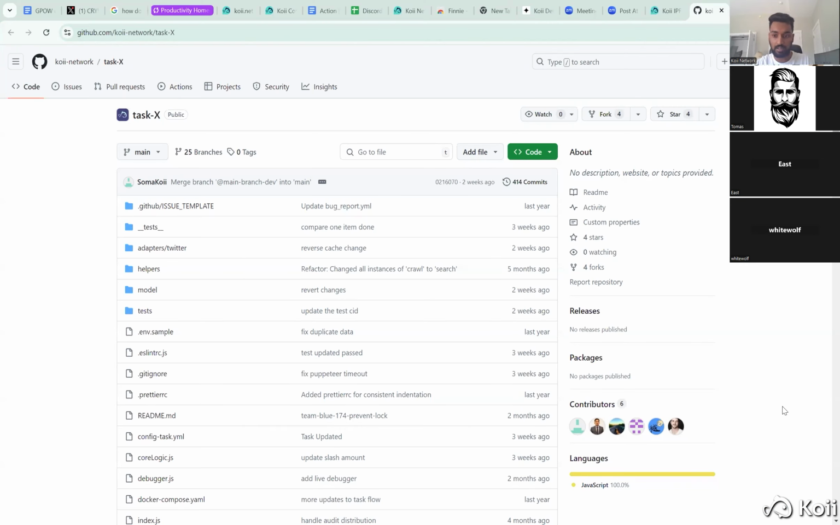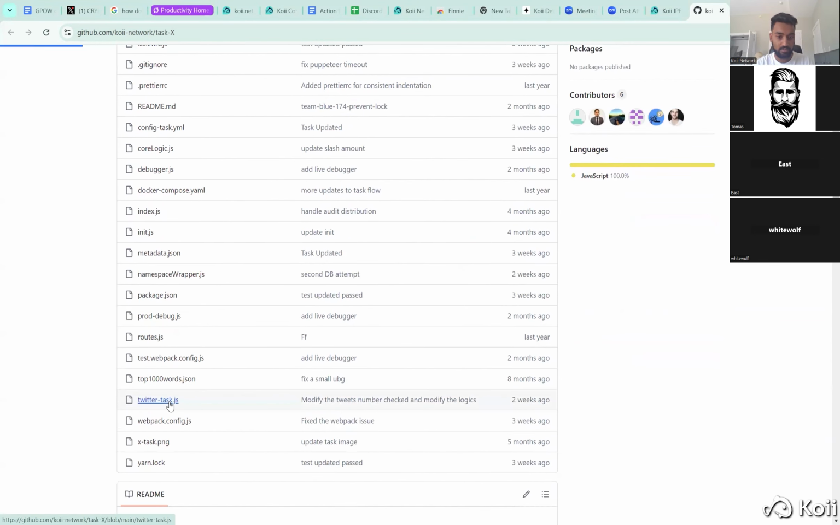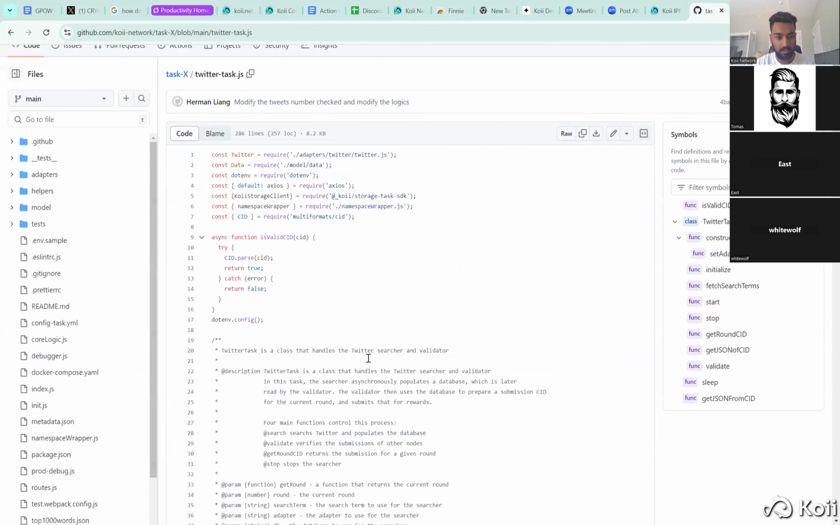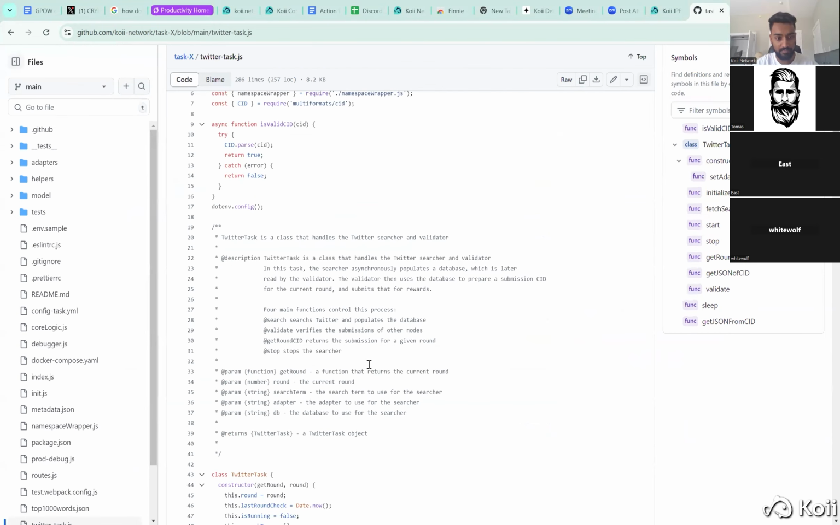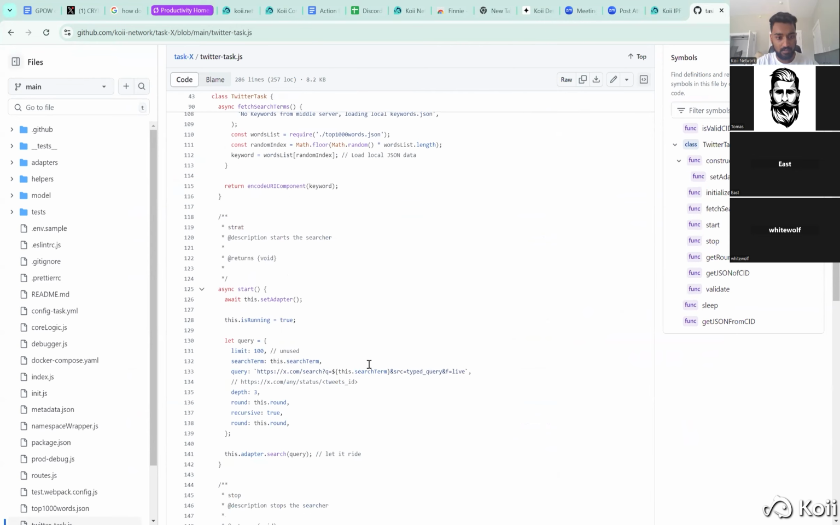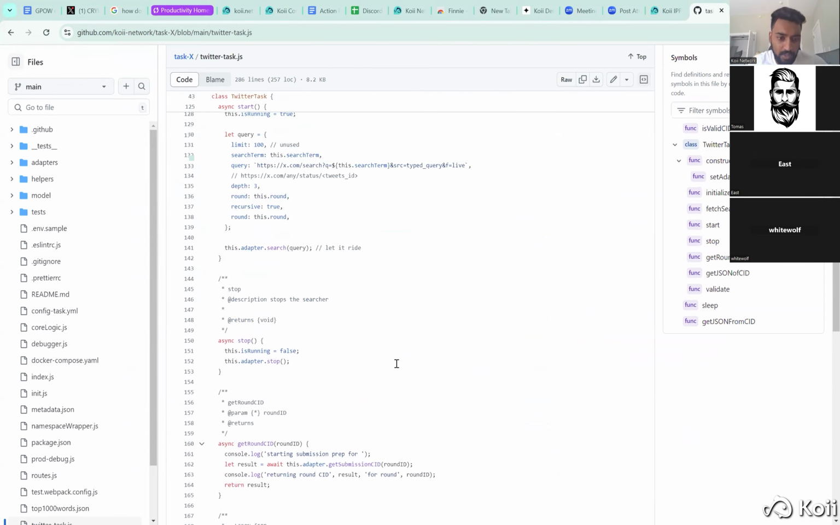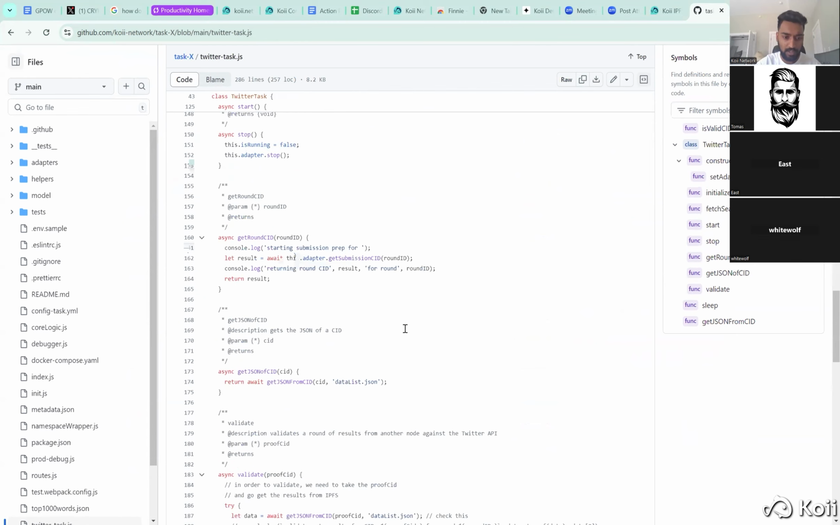Just want to make sure that. And it's the Twitter task stuff. Yeah, it's just beautiful where all of our functions are in. I believe. Yeah, here's some nice